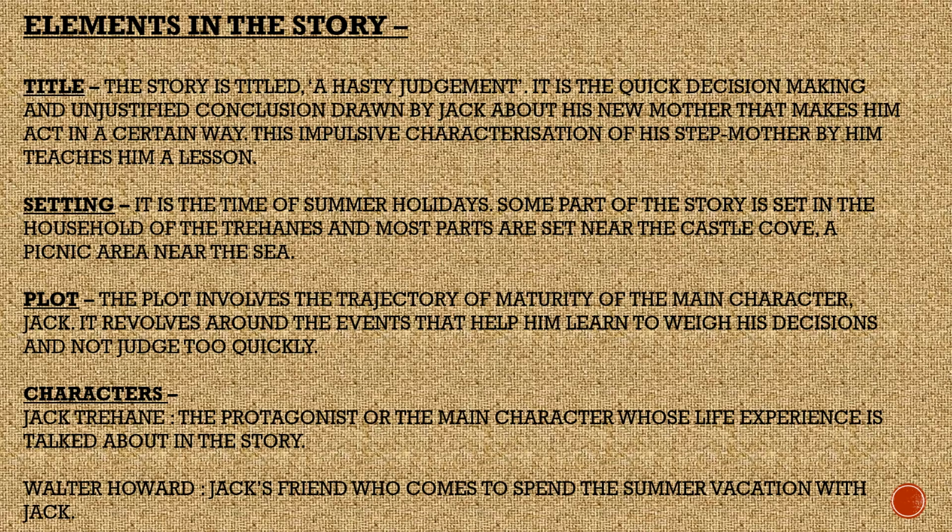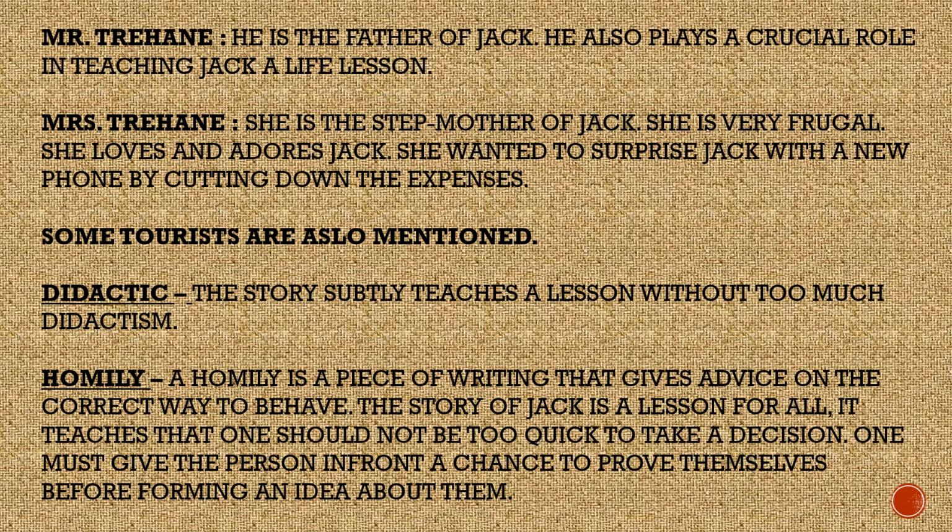Who are the characters involved in the story? Jack Trehane, the main character or the protagonist, whose life experience is talked about in the story. Walter Howard, his friend who comes to spend the summer vacation with him. The other characters in the story are Mr. Trehane. He is the father of Jack. He is a loving father but also reprimands him when he learns that he is doing a mistake. He plays a crucial role in teaching Jack a life lesson. How? Because he breaks the surprise, he lets out the secret, and that is how Jack feels ashamed of his